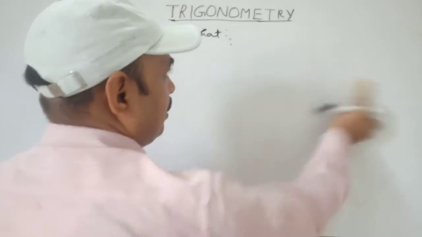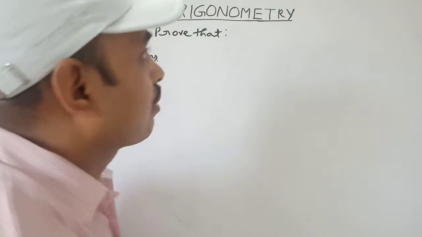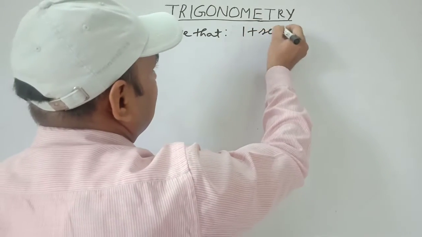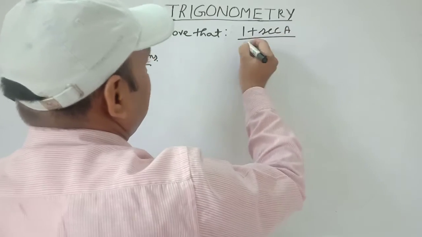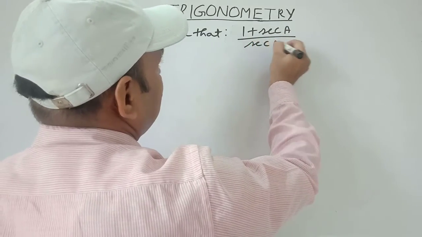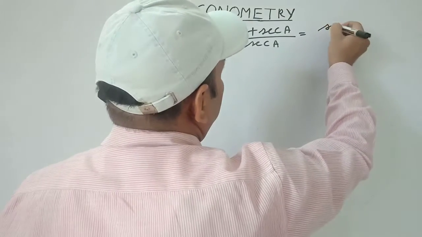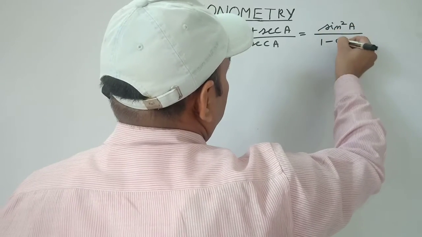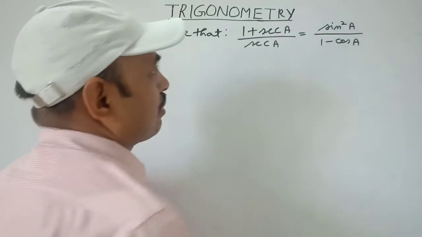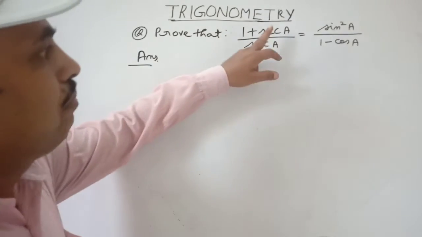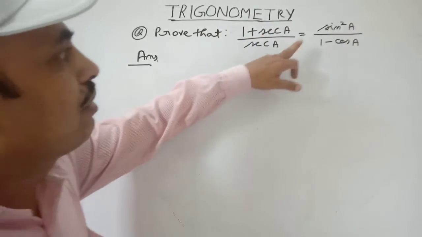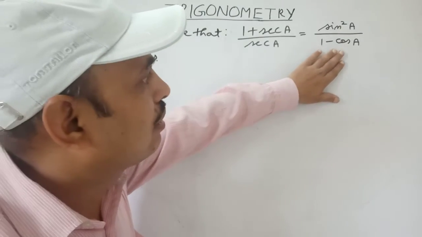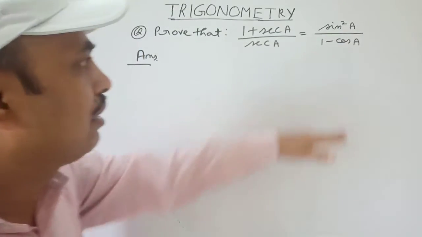Next question is: prove that (1 plus sec A) divided by sec A equals sin square A upon 1 minus cos A. So,